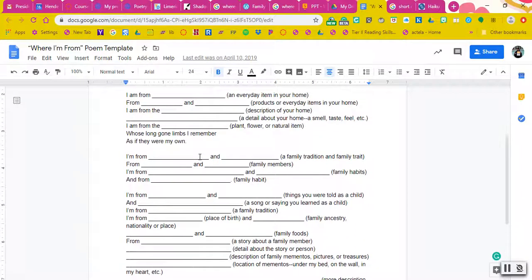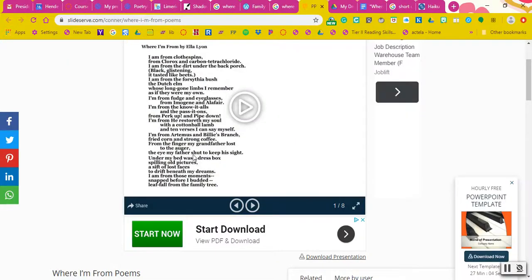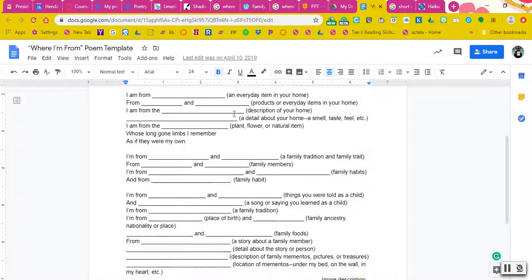You can use this template. It's another really good way to introduce students to poetry if you give them a template. Because if I had just shown you this and said, okay, rewrite it, you'd be like, what? I can't write that. Well, maybe some of you could. I know all of you could, but some of you would not feel confident. But if you give your students a template, a starting point, they're like, oh, I can totally do this. And so you're giving students the tools they need to be successful.